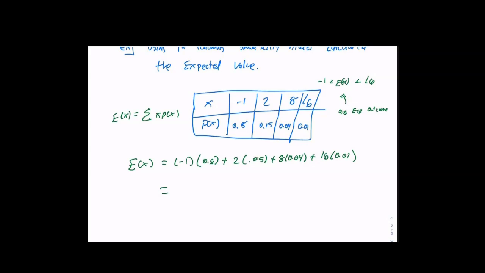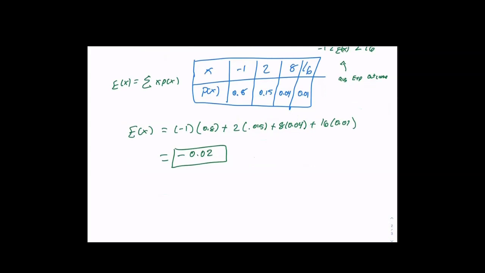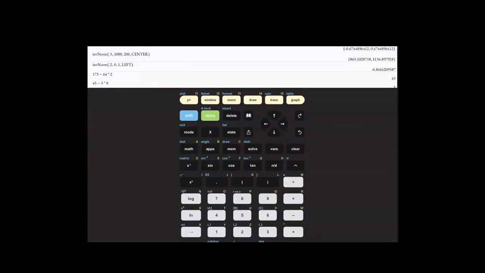Now it might be, this one's going to be close to being negative. Let me pause the screen real quick. I did the calculation with the calculator, and everybody should be able to do that. Everybody should be able to get -0.02. Any questions on how to type that into the calculator to get it? So once again, you just go on the calculator. Okay. Just to re-show it again, I had -1 times 0.8 plus 2 times 0.15 plus 8 times 0.04 plus